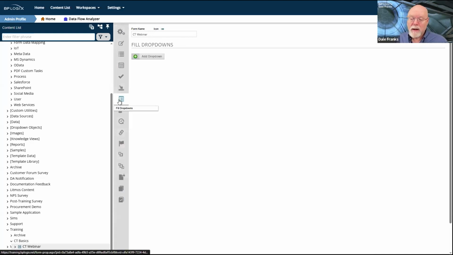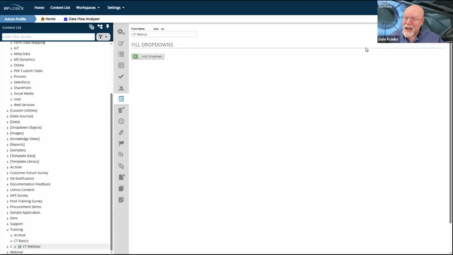Similarly, the Fill Dropdowns tab makes the Fill Dropdowns custom task unnecessary as well. This largely deprecates that, because if I have a dropdown on the form and I want to fill it from an external database, I don't need to configure the CT to make that happen. I can just go to the Fill Dropdowns tab and just build it into the form. And the nice thing about having it done that way, especially in the context, which is probably the most common one, of I'm pulling external data from some external data source and I'm placing it onto a form, either through a Set Form Data or to fill the options out in a dropdown via the Fill Dropdowns tab.